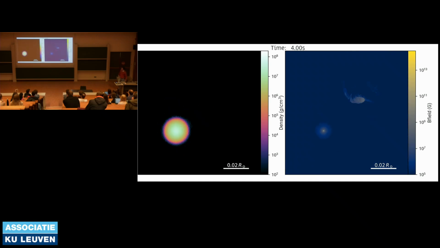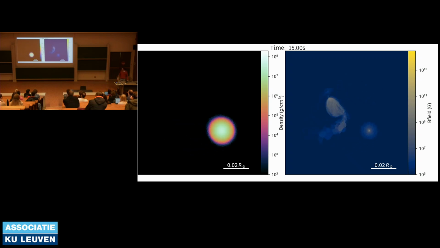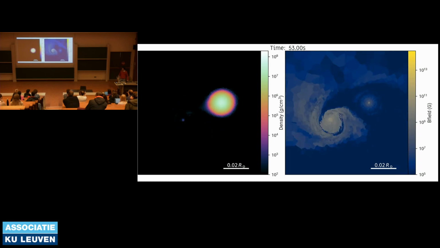Okay, so we initially start a simulation with the stars slightly further away from each other than the point of Roche lobe overflow. This is to account for some tidal effects. And we artificially shrink the orbit for a couple of seconds until they start transferring mass. As you can see, the moment that we start a simulation, all the gas around the neutron star is going to start amplifying the magnetic field by many orders of magnitude, so it was not a big problem to not have magnetic fields around the neutron star. So we shrink the orbit a bit, and then when they start having proper mass transfer, we let it evolve